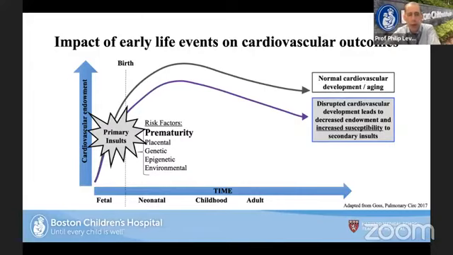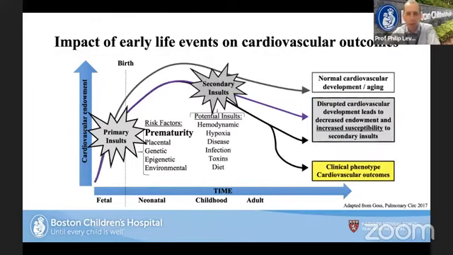And what that will do is alter the course and lead to a decreased endowment and increase the susceptibility to secondary insults. So not all of these individuals will be at harm, but it's when you have further insults. So hypoxia, hemodynamic changes, infections, nutrition, all of that will unmask what I call clinical phenotypes in cardiovascular outcomes. But